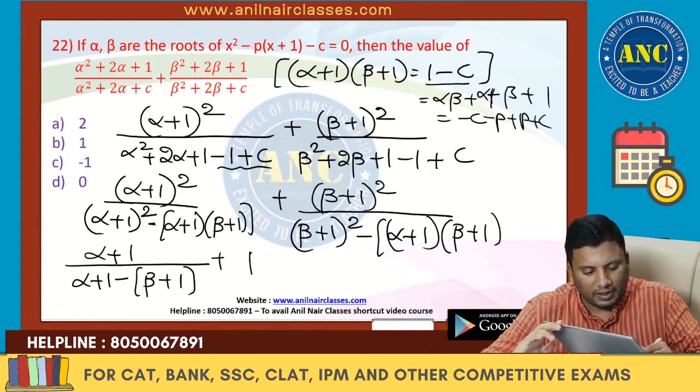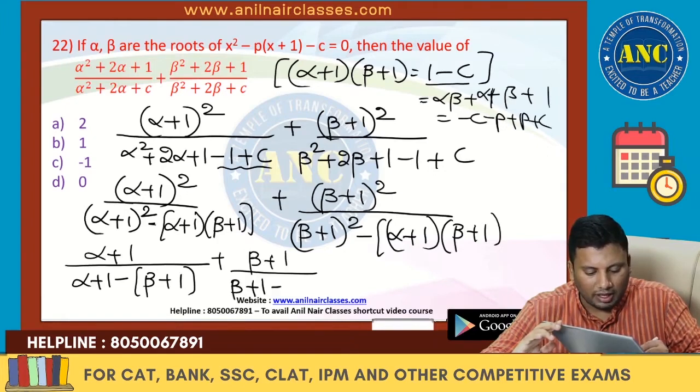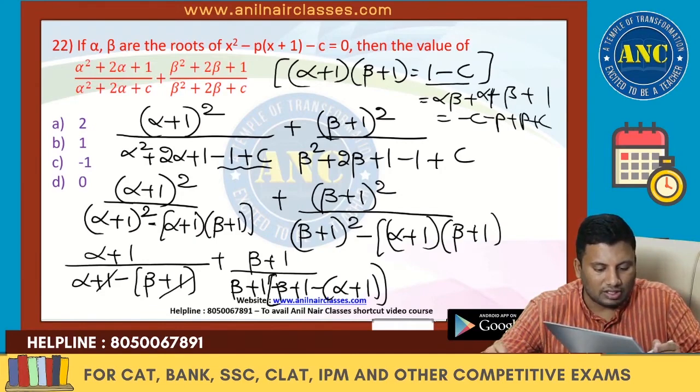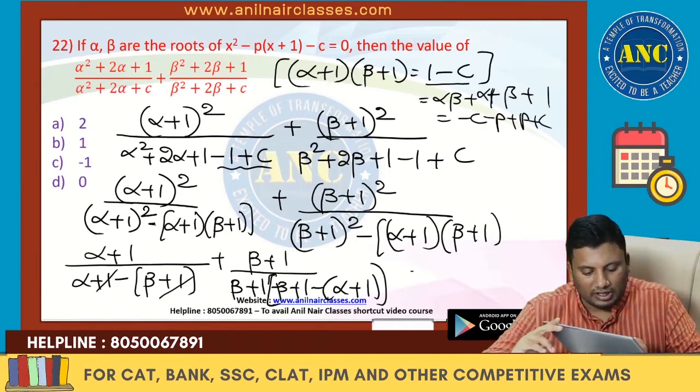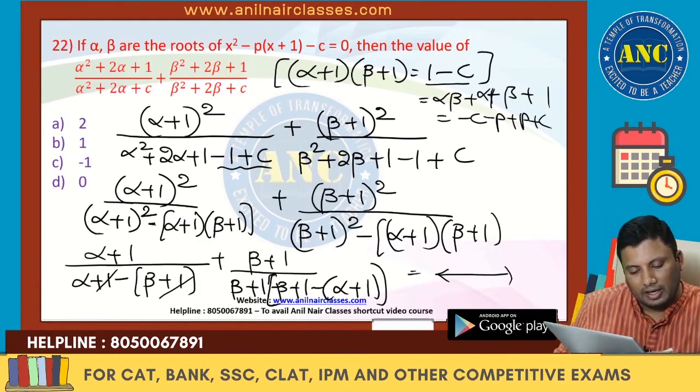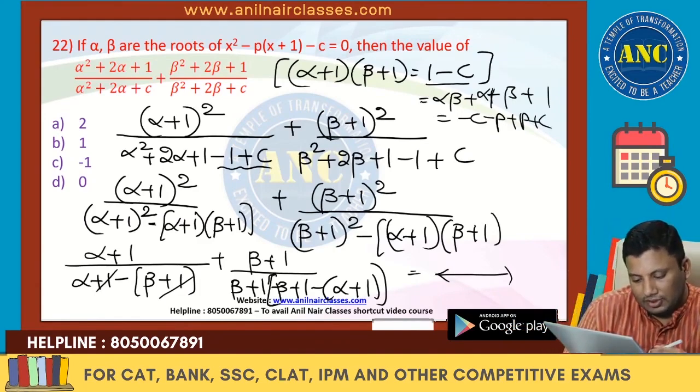So beta plus 1 by beta plus 1 minus of alpha plus 1. So what is that we got finally? We will get alpha plus 1 plus beta plus 1 by alpha minus of,